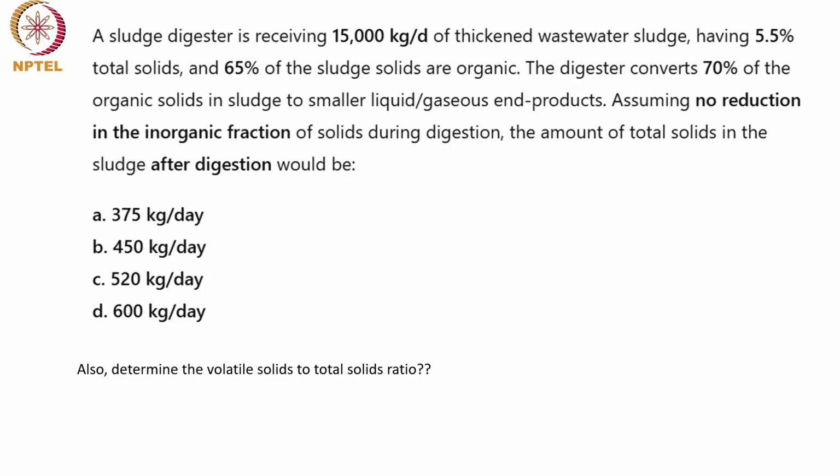After digestion you will have 30% of your volatile solids remaining. So 15,000 into 5.5 divided by 100 into 0.3 into 0.65. Okay, if you solve, you will get